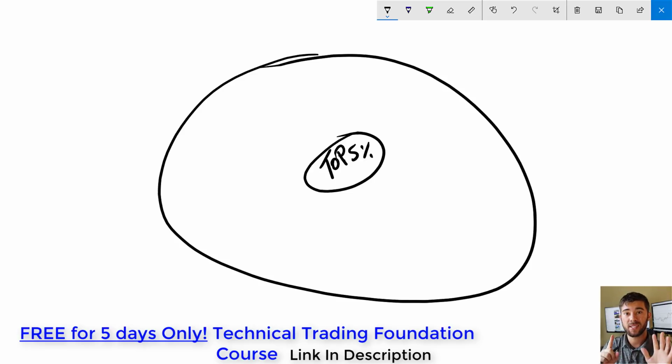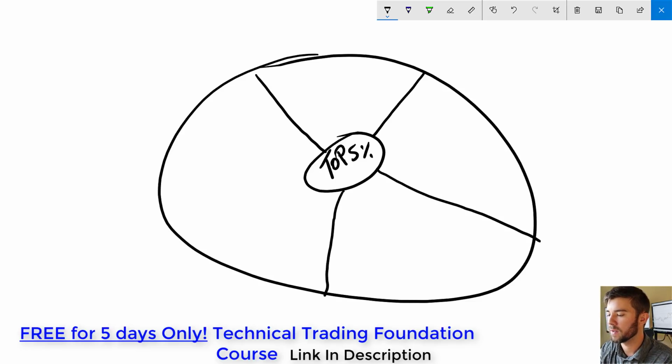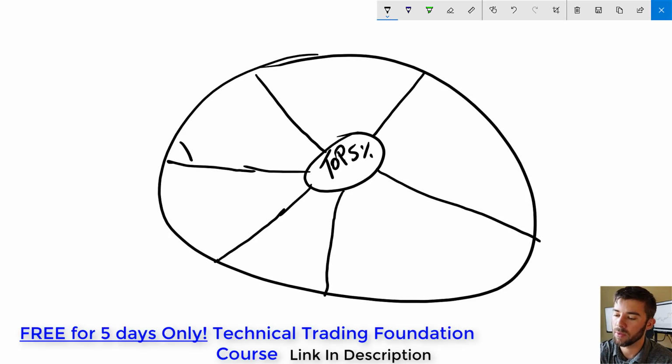And how are we going to do that? Well, we have 6 steps, 6 obstacles that you're going to have to overcome in order to become a top 5% trader. Let's talk about those now. We'll split this up into 6 sections: 1, 2, 3, 4, 5, and 6. Now that we have our 6 boxes in, we'll label them, because this is going to be in order the steps that you need to take in order to get that top 5% level. So step number 1 in becoming a top 5% trader that we all must go through first